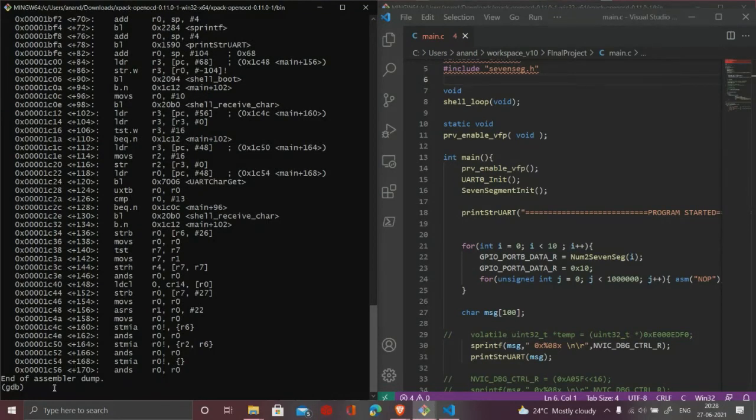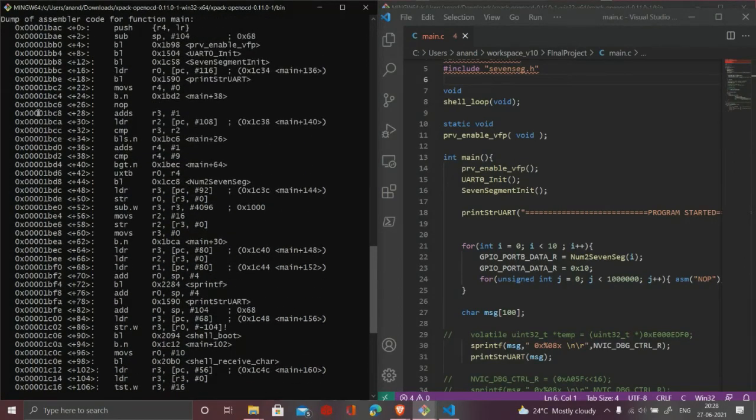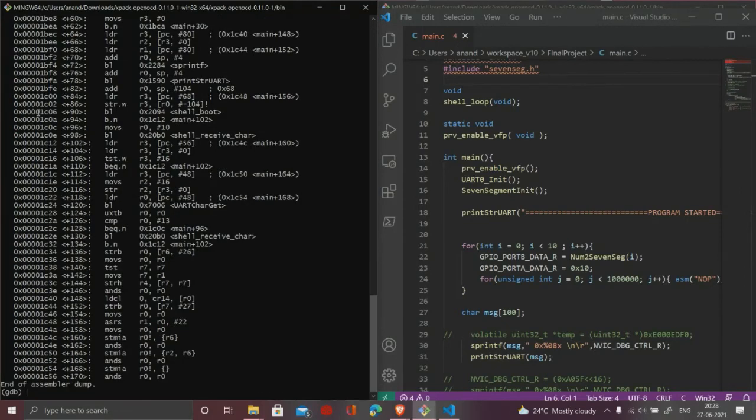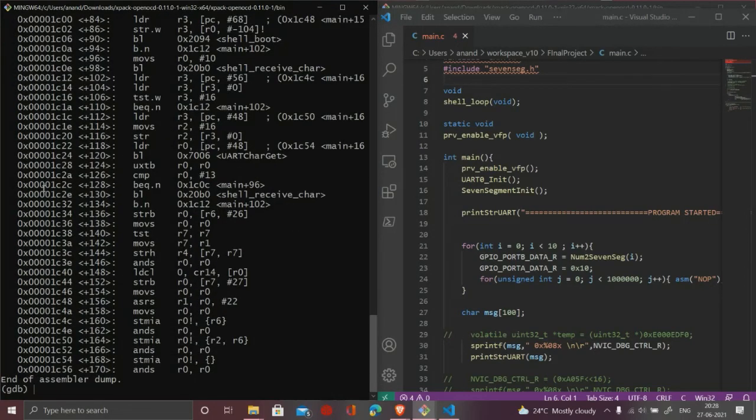Another useful command is for viewing the content of any memory location. Let's say we take any random memory location from this disassembly of our C code. Let's take this location.